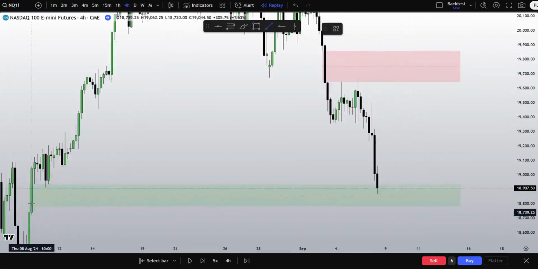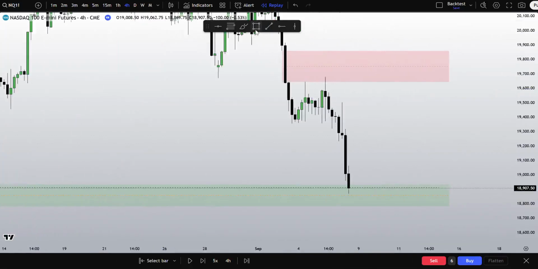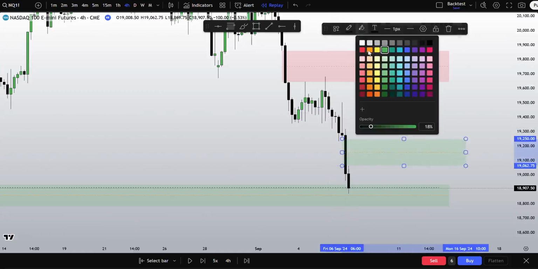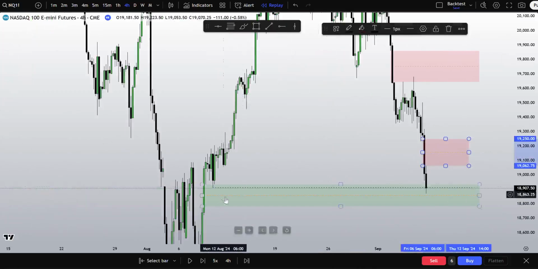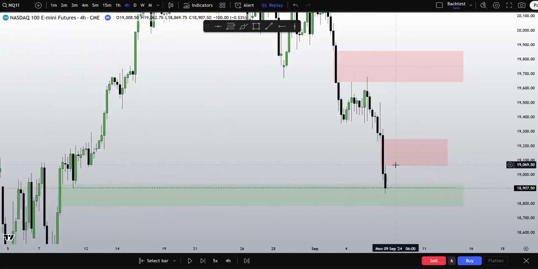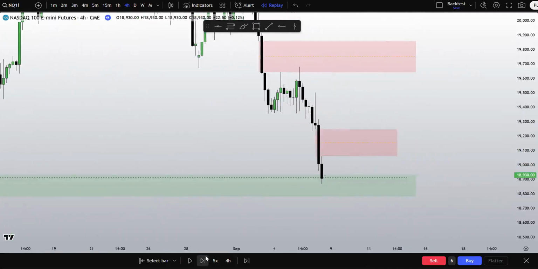Took the low here as well. So this could be a reversal point as well. We will analyze this imbalance. So once again, I'll just say the safe draw from this point would be here. If we see this, now it doesn't always happen. Right here, we took this low imbalance, beginning to reject it. What's most likely to happen is we'll rebalance to this imbalance as well at 19,062.